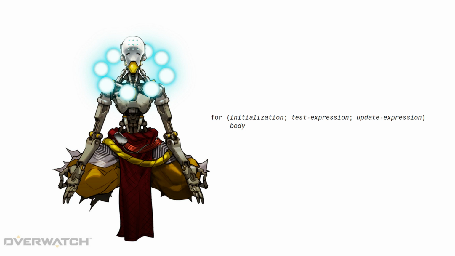I go like 1, 2, 3, 4. In my head, I'm looking at this in that order. I read it from left to right, go to the body, and then I go all the way to the end, because that's the order that it runs in. This is 1, 2, 3.